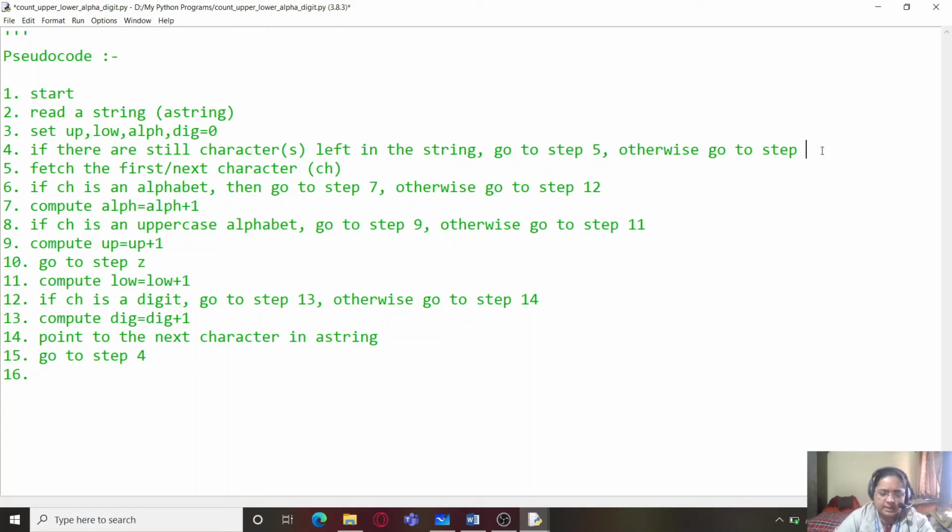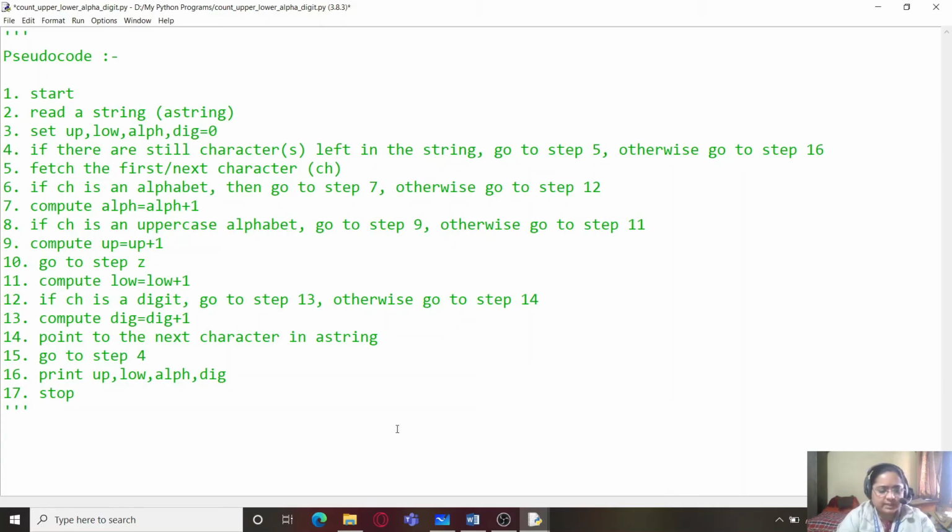So we will simply write here go to step 16, and here it will be print all the values up, low, alph and digit, and 17th will be stop. So this is our pseudocode.